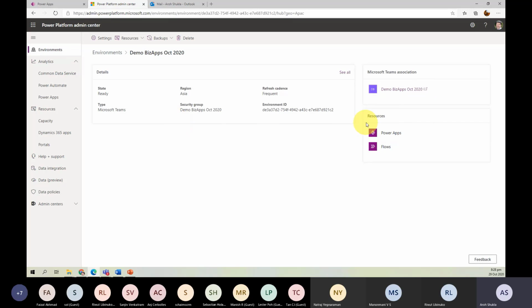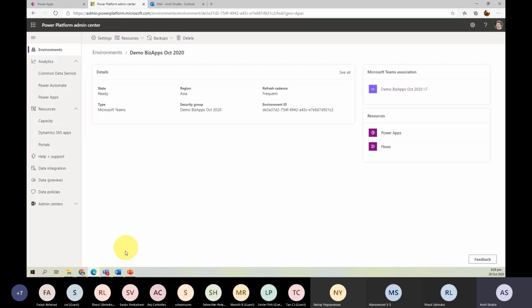And what resources do I have? I have resources of Power Apps and Flow. Again, they may be renaming that to Power Automate later on. So these are a few things I want to highlight.